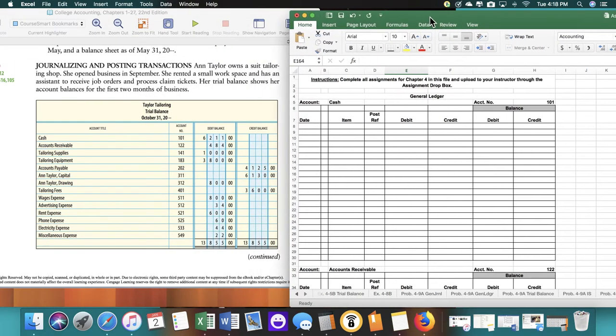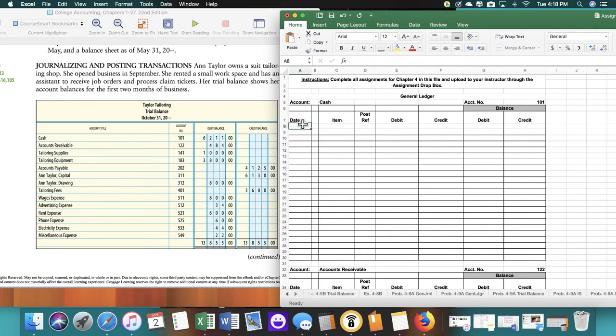So we're going to use the date of October 31st, since that is when the balance is. And we're not going to put anything in item, so it's going to be balance. So we have month, date, balance. We're going to bypass the first two debit and credit columns, and we're going to go straight to where it says balance, and then it gives us the information. So we're going to enter